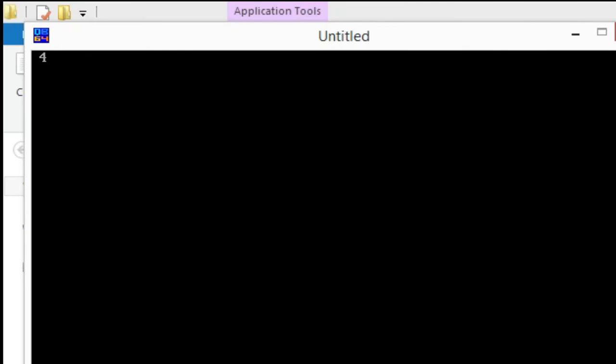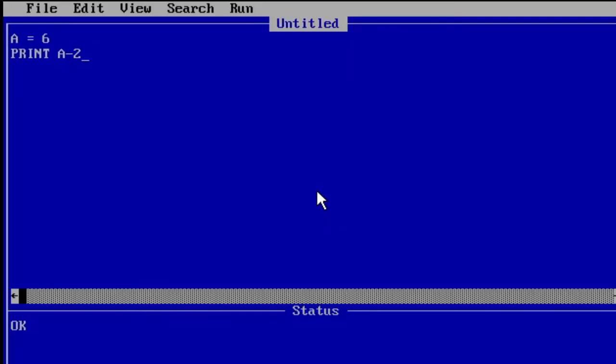So a minus 2, that means 6 minus 2, that is 4 on the output screen. Okay, got it? So also we can use operators for the variable. We can manipulate here.